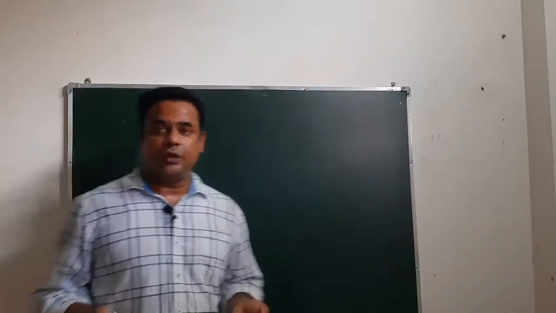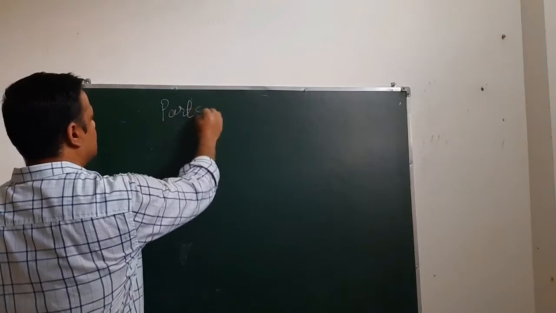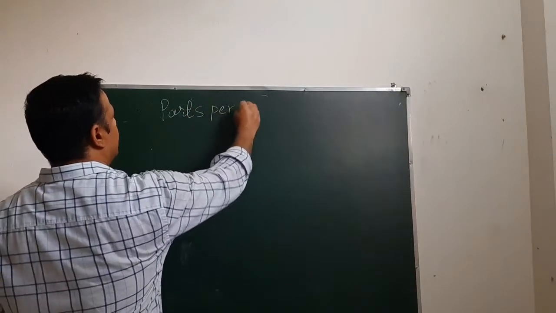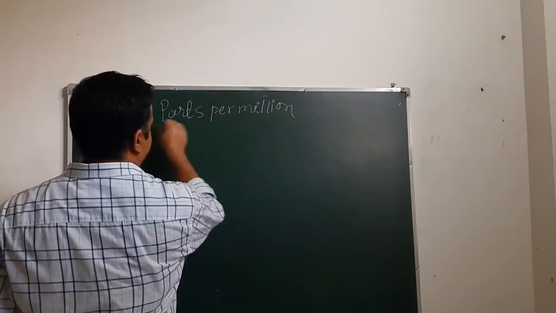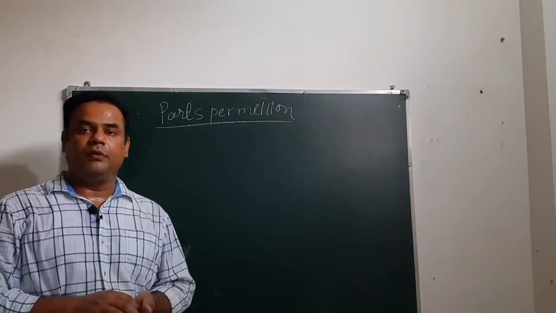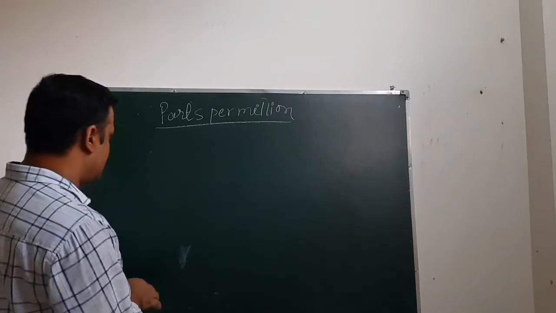Next term of solution is parts per million. In parts per million, we basically deal with how many parts are there in 1 million. For example,